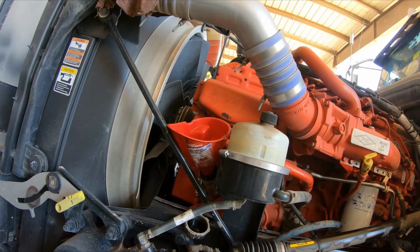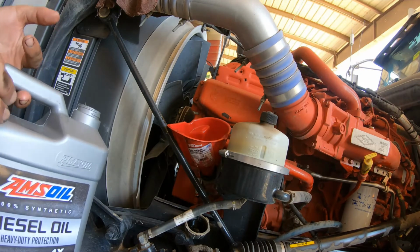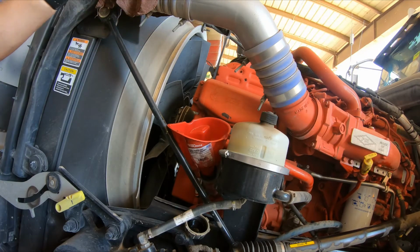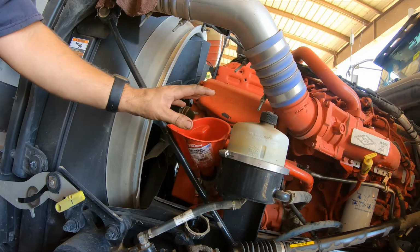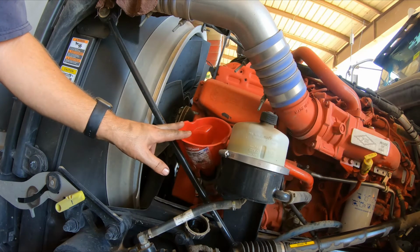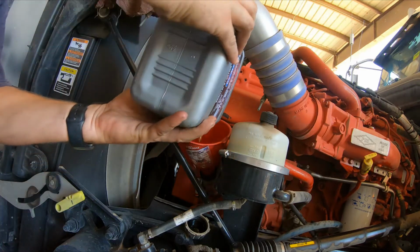Alright, now we're going to put the oil in the motor. This is exactly 11 gallons. That includes what's in the oil filter on the other side. So I've already put in my filler. So now we're going to put the rest of the gallon